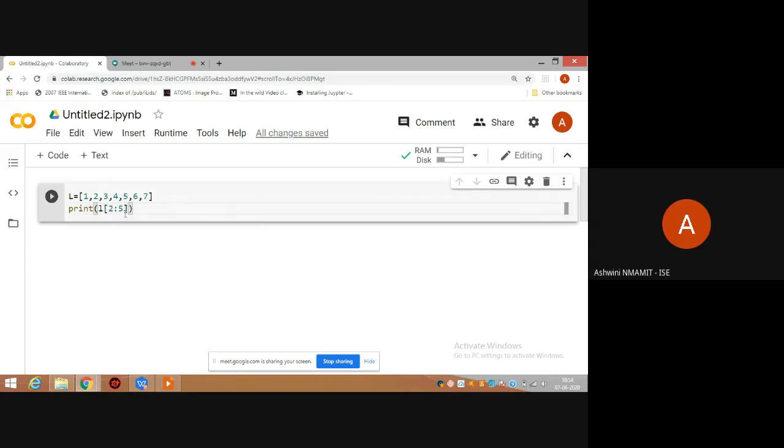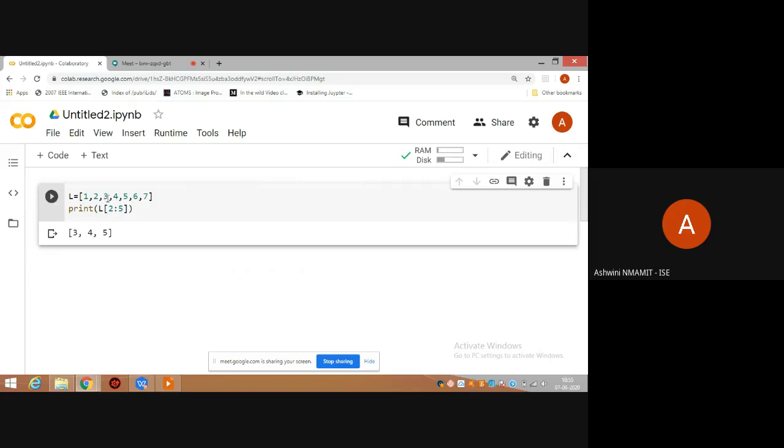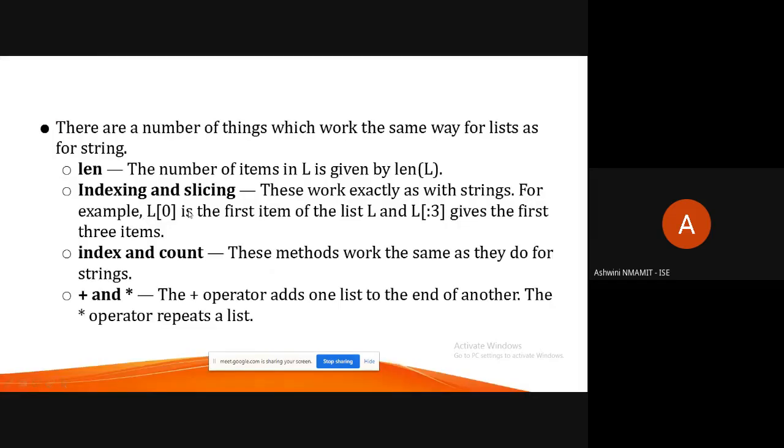So what do you mean by L of 2:5? I want to retrieve the items starting from index 2 up till 5 excluding 5. So the elements at positions 2, 3 and 4 will be retrieved. So this slicing operation which we had discussed in strings is also possible in list.